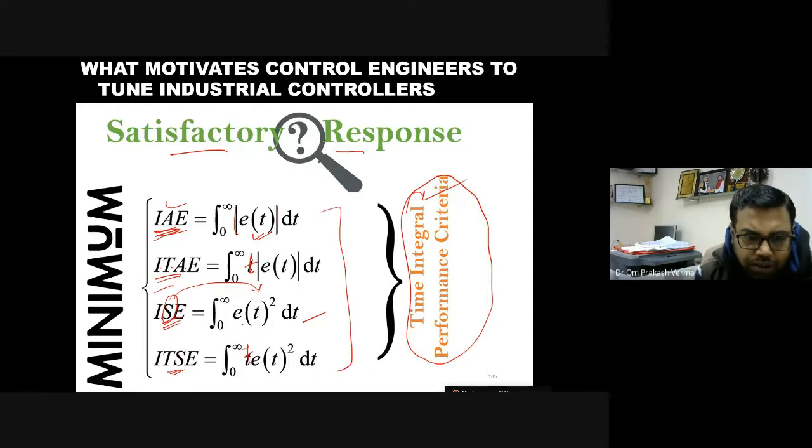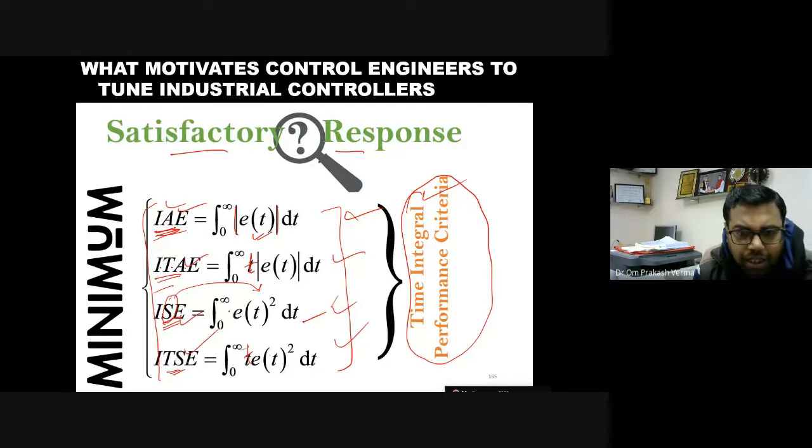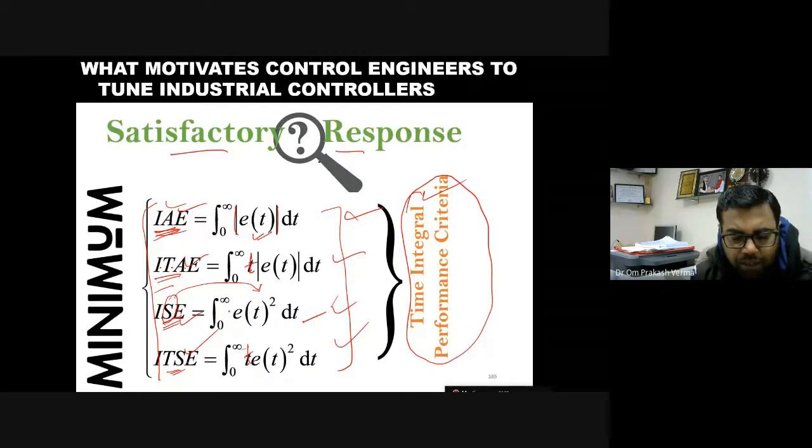Now the question is, is there any criteria to choose this value, this value, or this value? Where to take which value? Take this, or this, or this? Often when you are employing ML techniques, you take IAE, or you take MSE, or you don't take them. Yes or no?